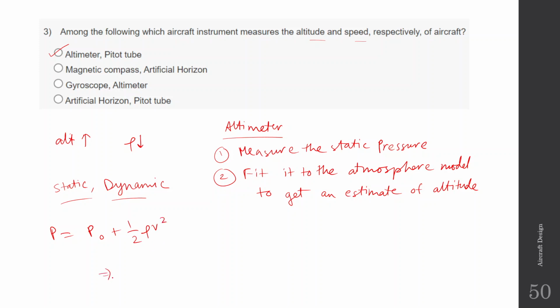So we can find the velocity using this formula. So the pitot tube,